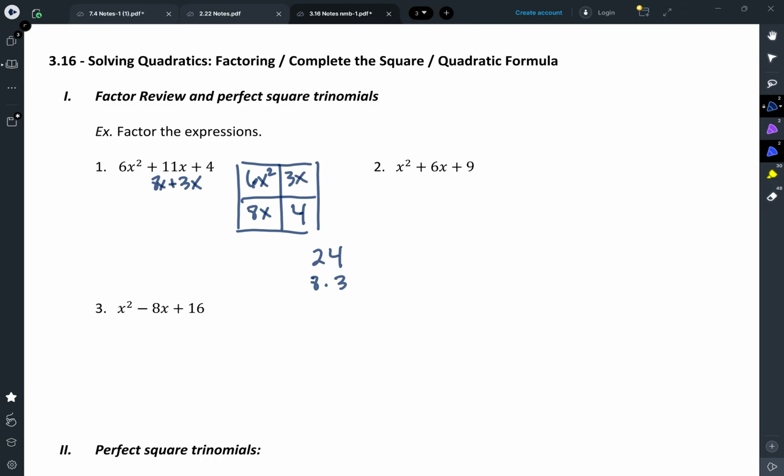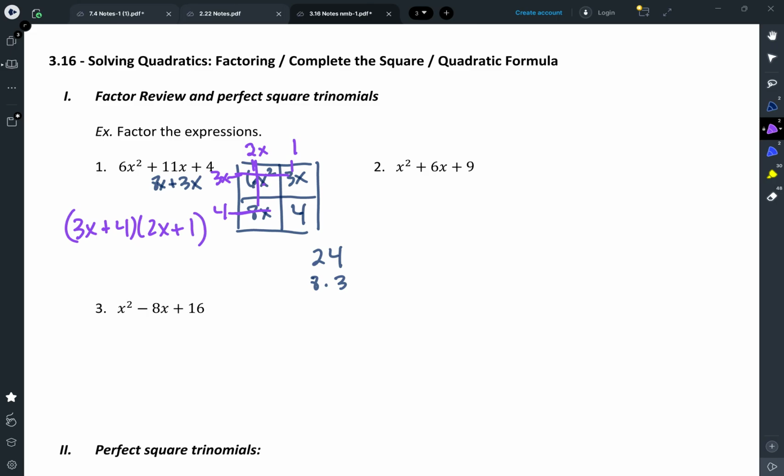So now I'm going to go ahead and start factoring those out. If I look at my first row, I have a 3x that I can factor out. My second row is a 4. Let's see, my first column is going to be a 2x. And then the 3x and 4 have nothing in common, so it's a 1. And then I just want to go through and check. So 3x times 2x makes 6x squared. 4 times 2x makes 8x. 3x, 4. So I know it's going to be 3x plus 4 times 2x plus 1. All right, on the next one,